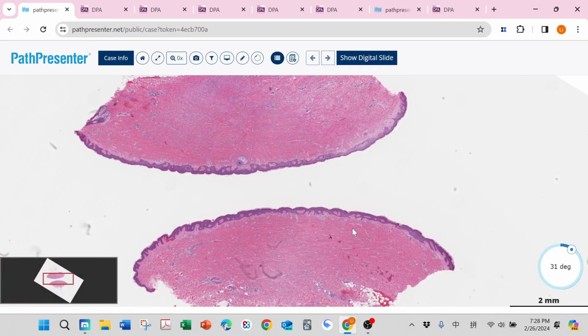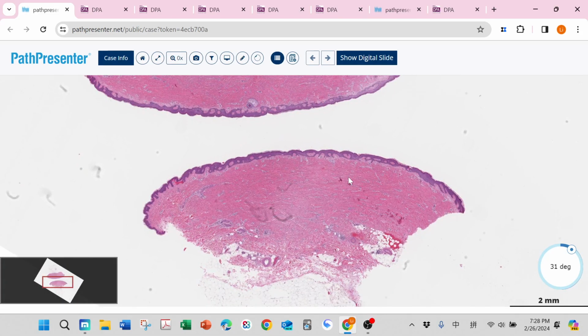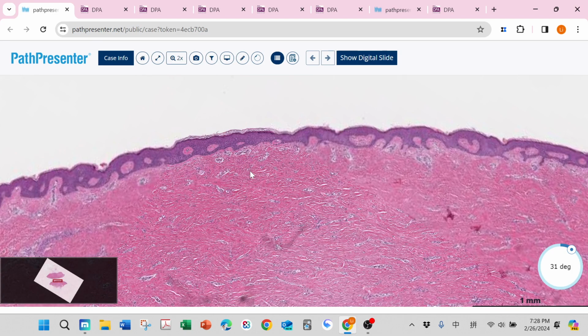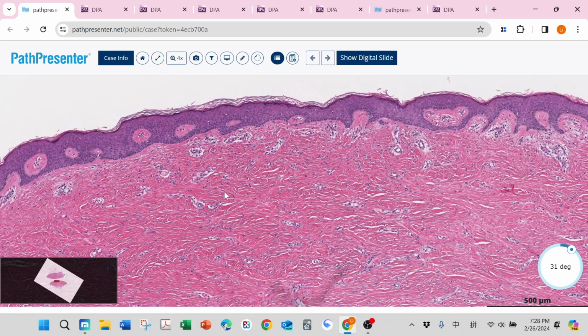Then let's go to another spindle cell neoplasm entity. This one in low power, we can see some of these really just merge together. We call this tabling. This is one of the characteristic features of this entity. Then zoom in a little bit. We can see this spindle cell neoplasm, just haphazard growth